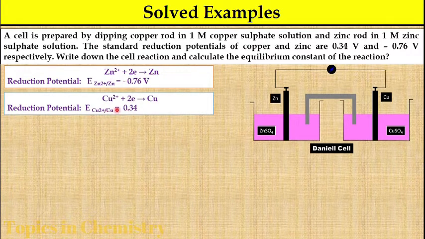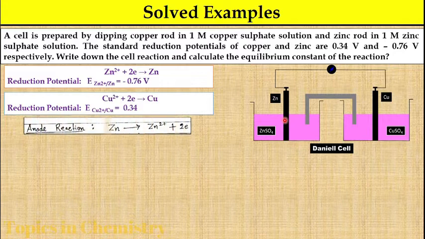Now, you see the reduction potential of copper 2+ is higher than the reduction potential of Zn2+. That's why copper 2+ gets reduced and that behaves as the cathode. So here the reduction takes place, and in the other electrode the oxidation takes place. Alternatively, you can see the oxidation potential of that electrode: if you consider the Zn2+ reaction, that is equal to 0.76 volt, which is higher than minus 0.34 volt. So the oxidation takes place in that electrode.